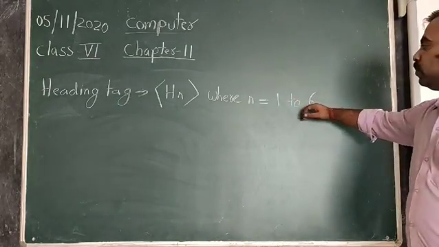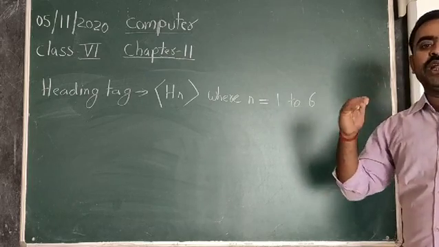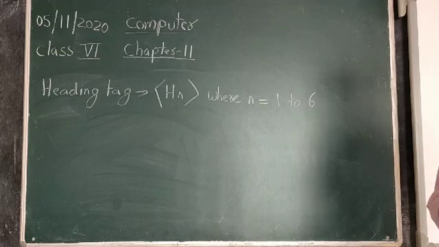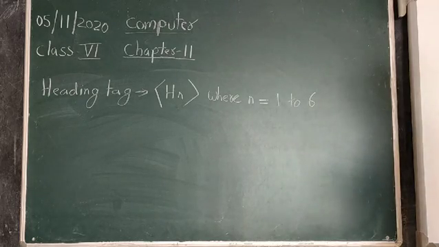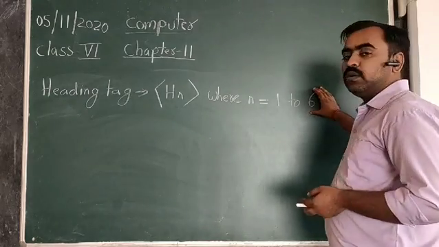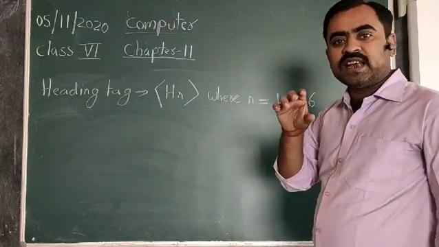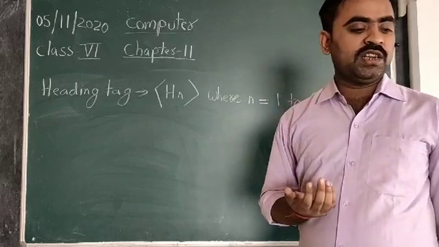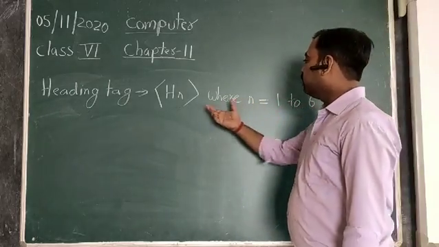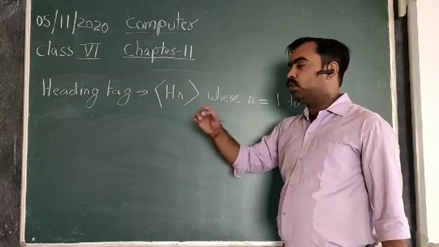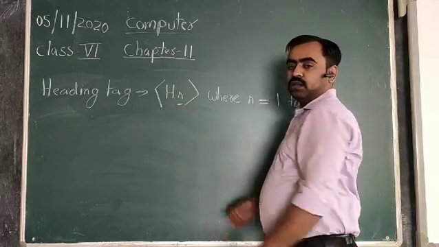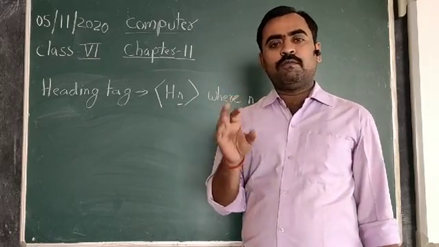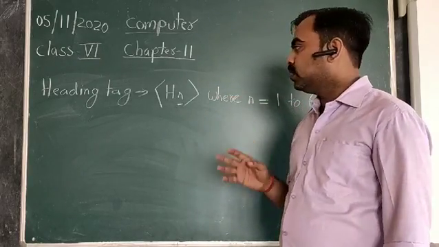So HTML gives us 6 different labels of heading options, each one having a default font size. The font size for each label is already defined in the HTML code. You just have to give the value for n, and according to that particular value for n, the web browser will display the text in the particular font size specified there.